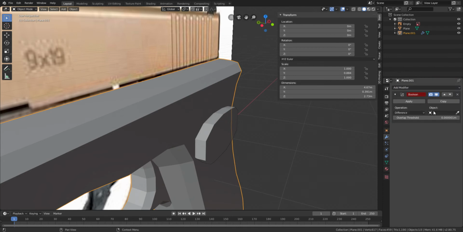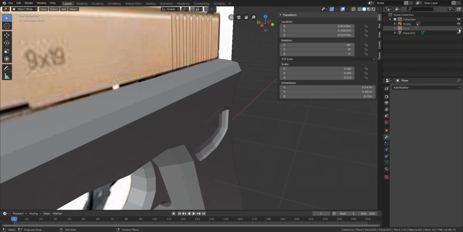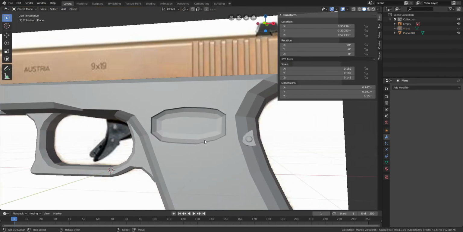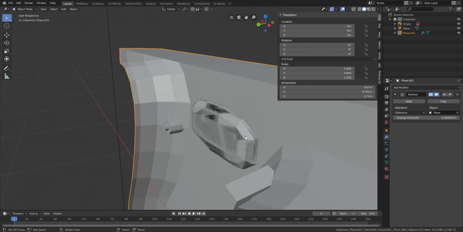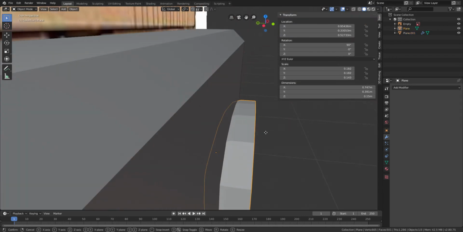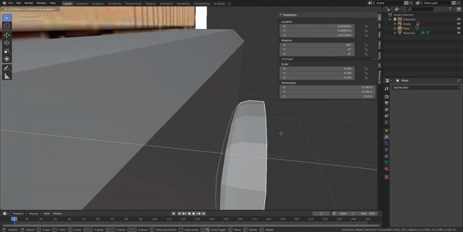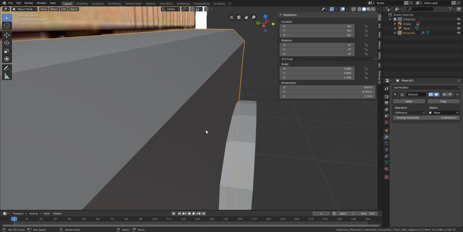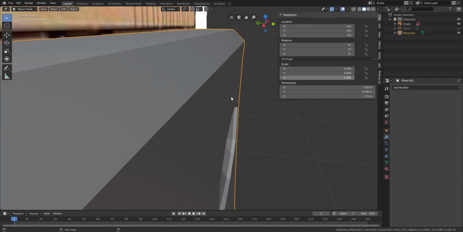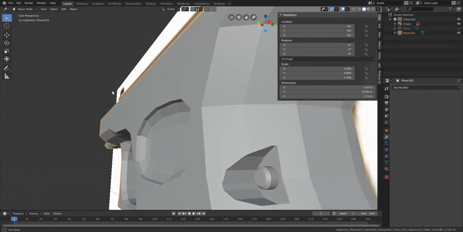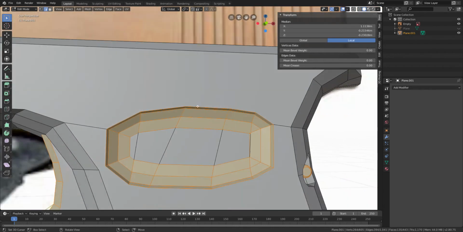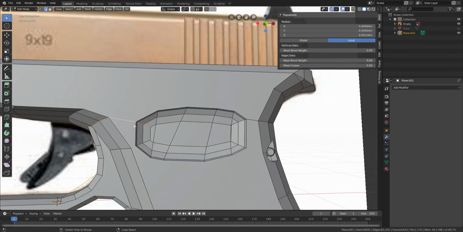Now just add a Boolean modifier and boom, put the plane in. Now let's just hide the plane and look if it's looking okay. I don't like the way this is actually. This should be okay. Wait, why is this a straight edge? No problem, I'll just take this edge and